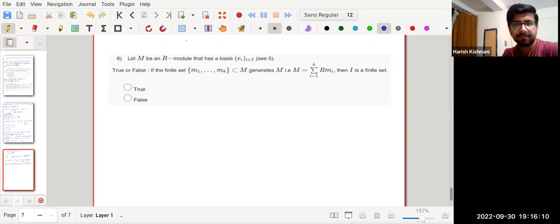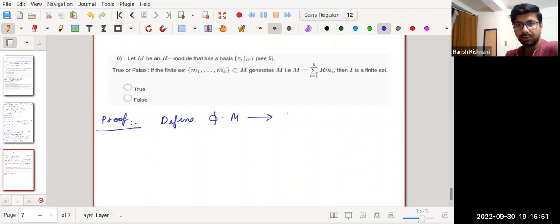So clearly, as there are just these sets, you can see that you can define the homomorphism phi from M to the direct sum over R, where the index is just 1, 2, up to k, such that